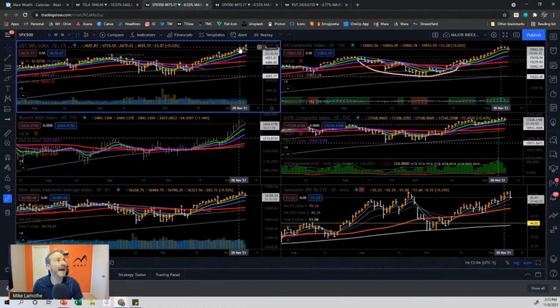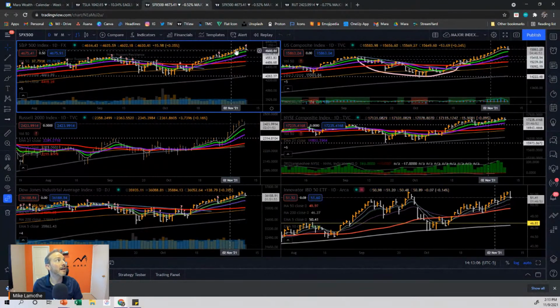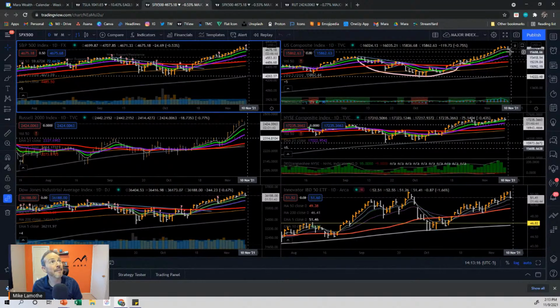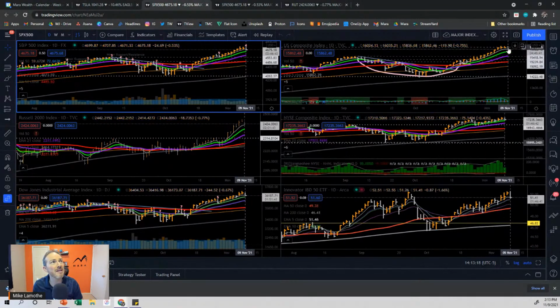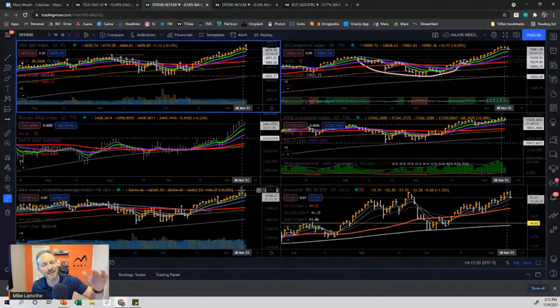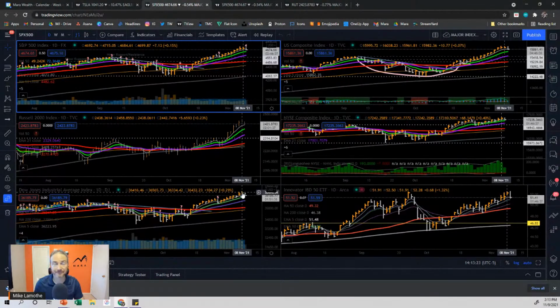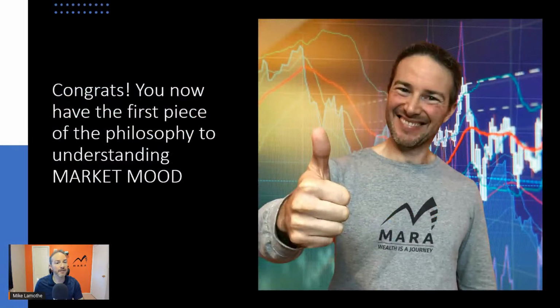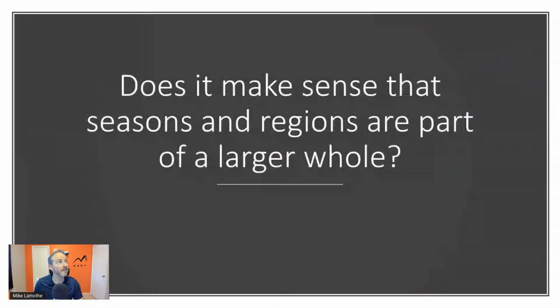You could start to see how over here on this index, the S&P 500, and how on the Russell, yes, it broke out, but are they starting to top out just a little bit? They ran pretty far. They're starting to make a little bit of a turn, right? Maybe, but we don't want to look at just this one time frame.